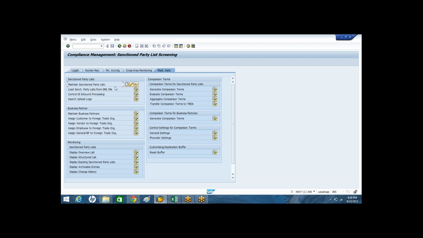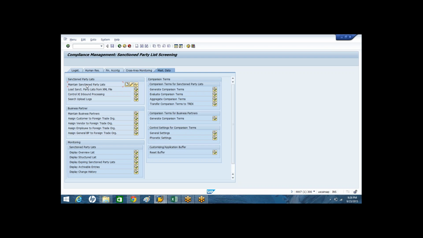In a similar way, you need to know how to load an SPL list using the XML file. These are the two things we will do as part of the master data requirement.